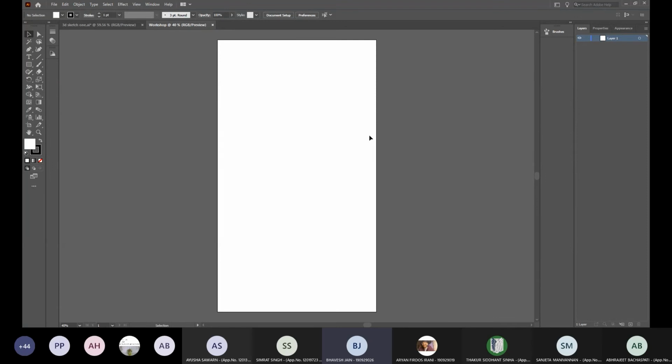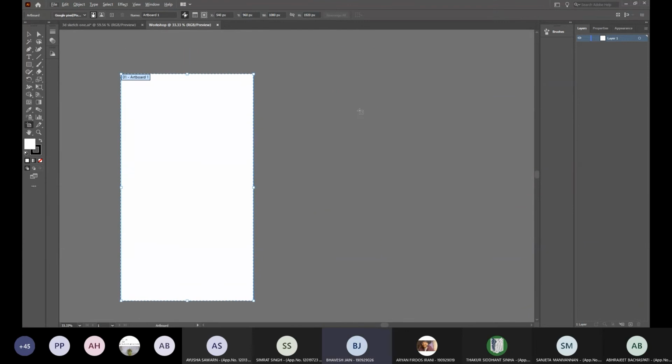Now, for instance, during the course of the project, you feel no, I need a different size, I need more artboards, more canvases. So you can very quickly alter that here. Are you able to see where my mouse is pointing? Yes. Okay. So this is your artboard tool. The keyboard shortcut is Shift O, and click on this, and there will be a dashed line around all the artboards in there.